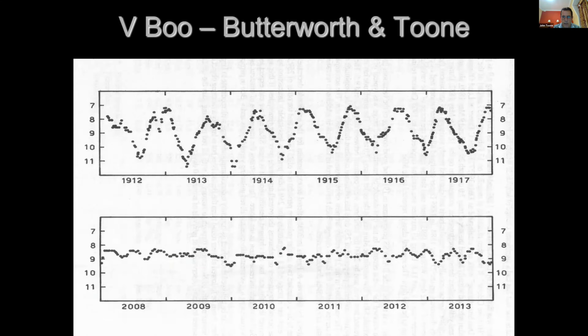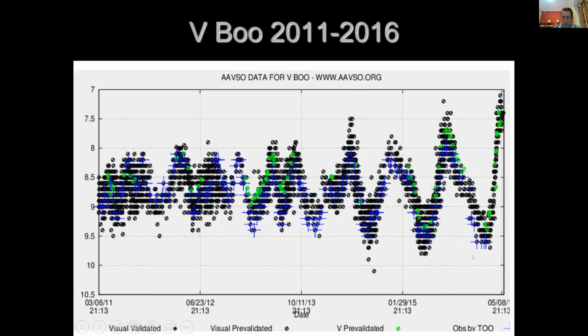And this is Charles Butterworth's light curve of one particular variable star over 100 years ago. It was showing quite a large range, almost Mira type. But then you compare it with some of my observations not too long ago, and you see that the form of variation has changed in 100 years, but it's actually starting to come back again. And so this is the value of long-term visual monitoring and looking at individual observers' data.